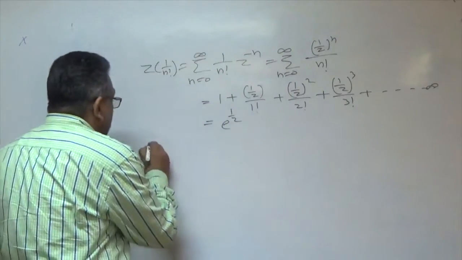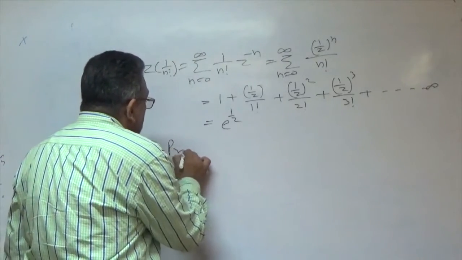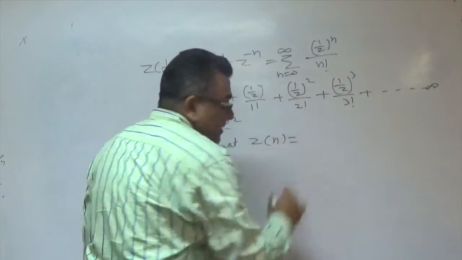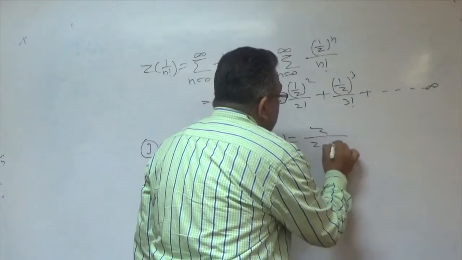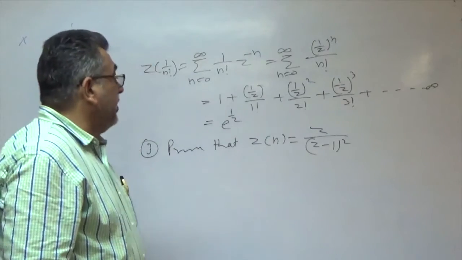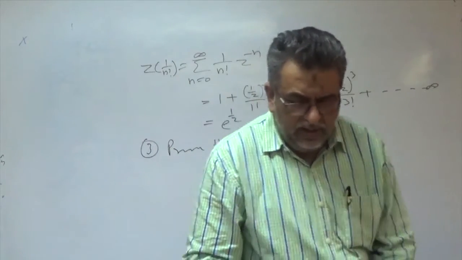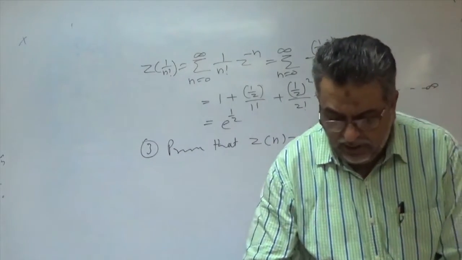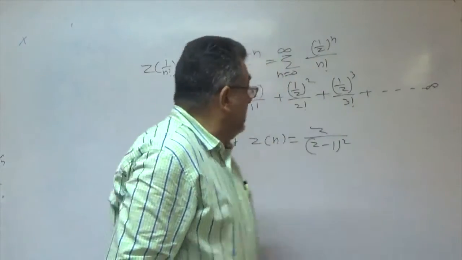Now, similarly, we take the third example. That is, you have to prove that Z transform of n is directly z upon z minus 1 whole square. Here n is a simple sequence of numbers, a sequence of integers, n equal to 1, 2, 3, 4, 5, and so on and so on. These are the simple sequences, right? So the solution of this: